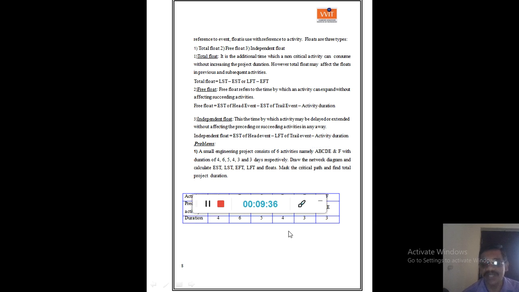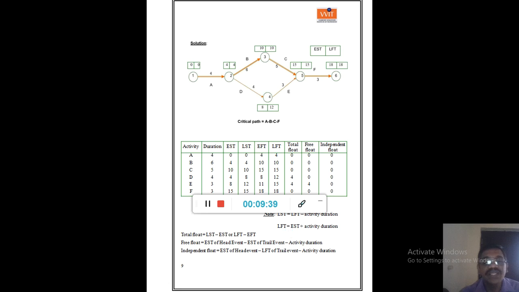So EST of the head event, you just see head event. For E activity, where it is shown, here it is 4 to 5. What is the EST of the head event? It is 15 minus 8, 7 minus 3, that is 4 you are getting. And in the case of activity D, EST of the head event 12 minus 4, 8 minus 4, it is 4. Okay,